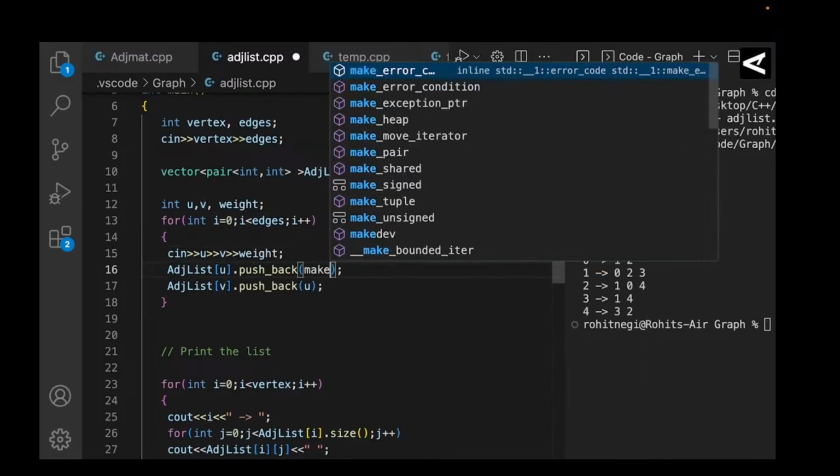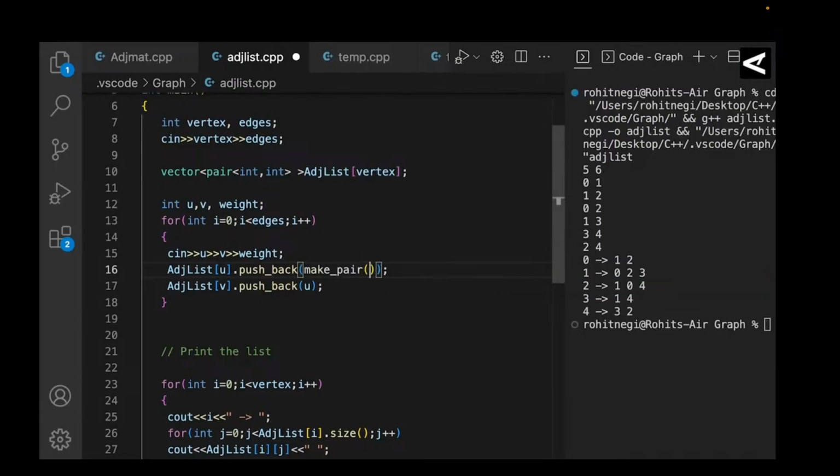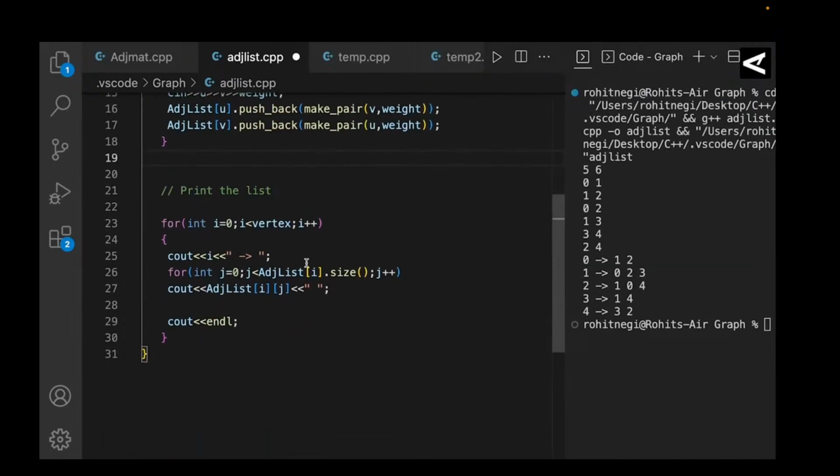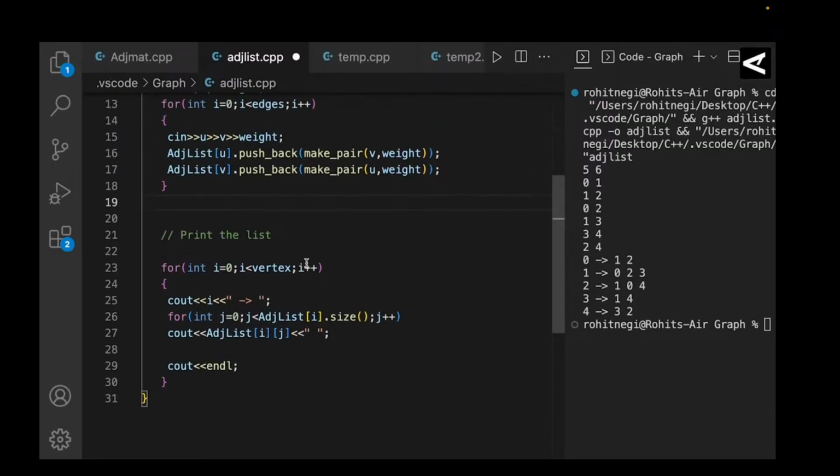और पुशबैक मुझे करना पड़ेगा कि मेक पेयर, वी कॉमा वेट का पेयर बनाना पड़ेगा। पुशबैक में वी कॉमा वेट करूंगा, ये एज हो गई, ये उसका वेट हो गया। यू से वी में एज जा रही है, उसका वेट ये रहा, फिर वी से यू में एज जा रही है और उसका वेट बताना पड़ेगा। चलो इसको रिप्लेस करते हैं, यहां पे इसको यू बना देते हैं। क्वेश्चन में ज्यादा चेंज नहीं करना पड़ा। अब प्रिंट कराते समय हमें कैसे प्रिंट करना पड़ेगा, बताइए।